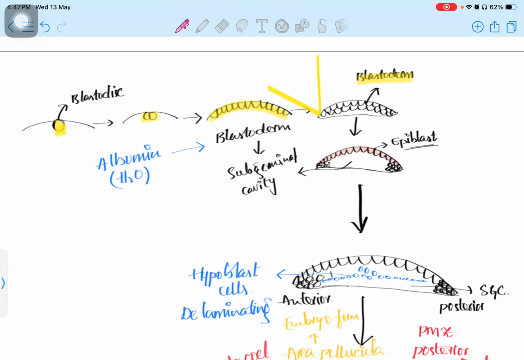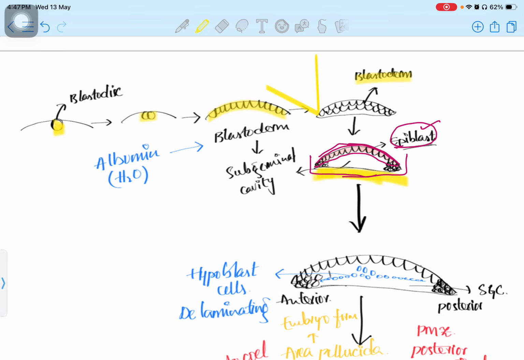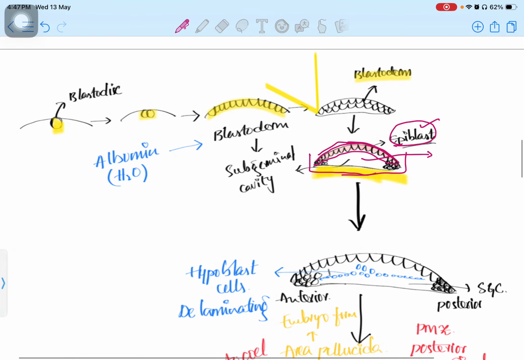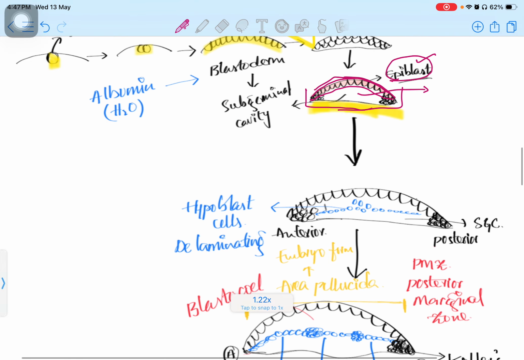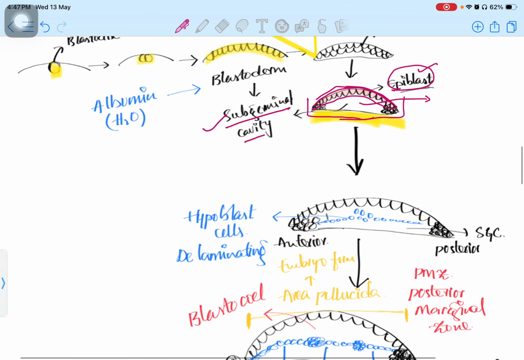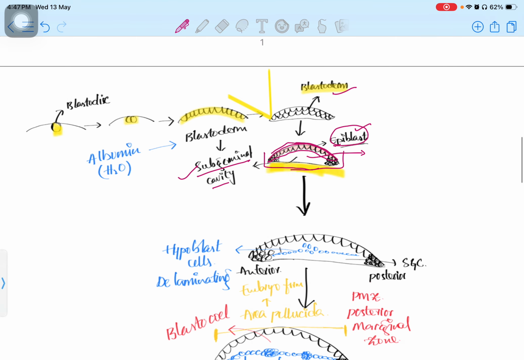But when we are seeing only the upper region, this region is known as epiblast cells. The remaining part is known as the blastoderm, but the upper layer is known as epiblast cells. And when we try to understand, this is the yolk region present, and here the cavity is forming. This cavity is known as the subgerminal cavity, and the subgerminal cavity is formed by the blastoderm,